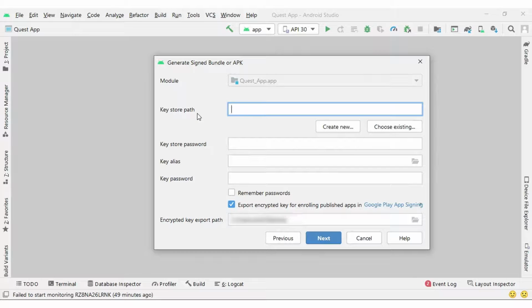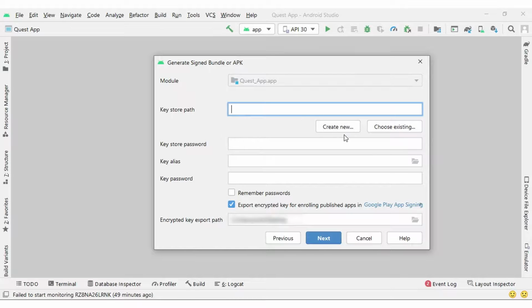Key store is a very important file. Whenever you publish your application you need a key store file. The first time you publish you need to generate it, but the second time when you want to provide updates in your application you can select the existing one. So keep it very carefully, because if it is misplaced then you will not be able to provide updates in your application, right?